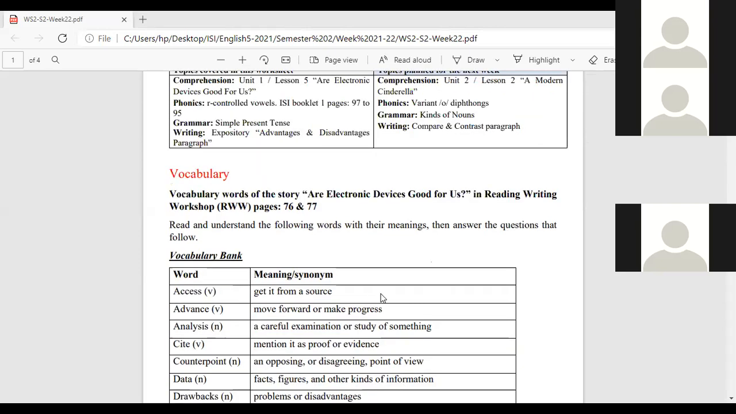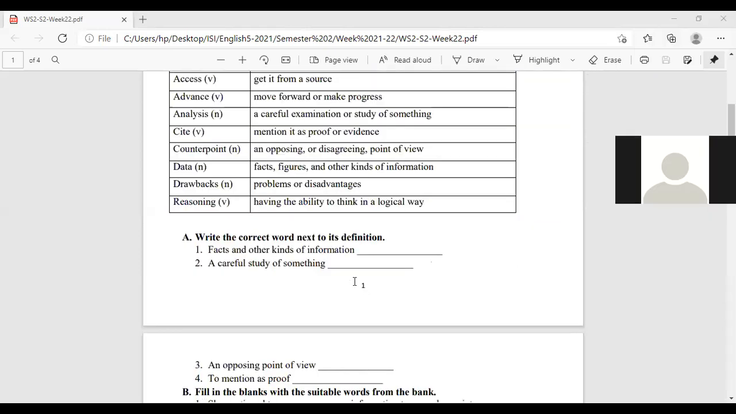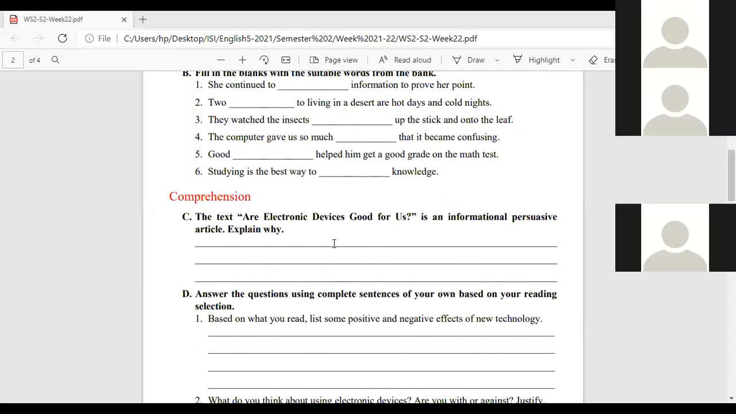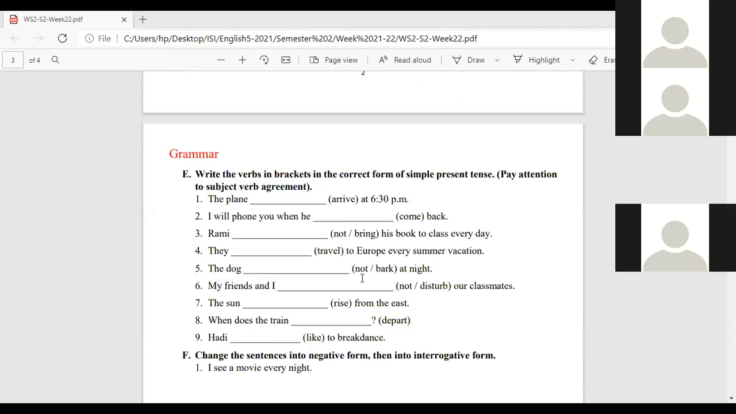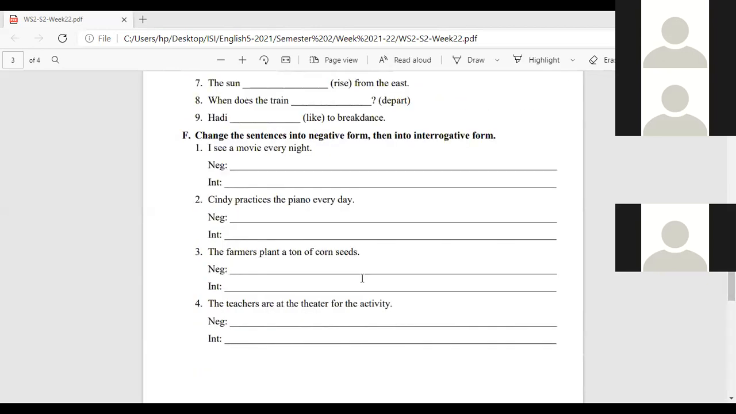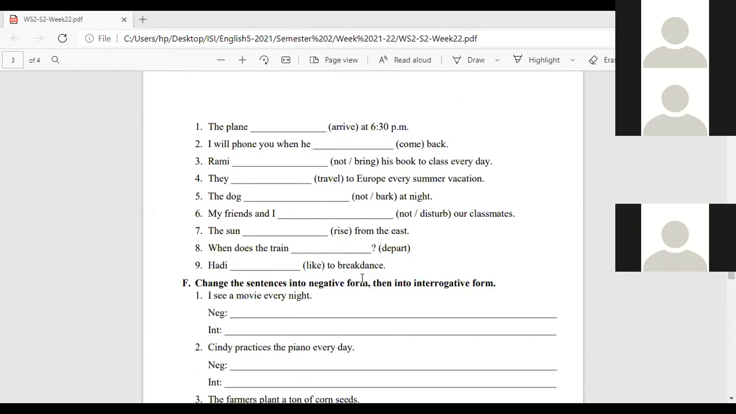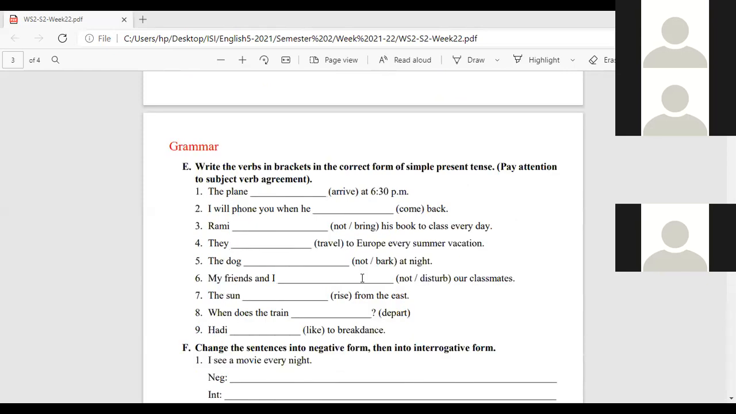Related to your lesson, are electronic devices good for us? There are 3 comprehension questions, 1 related to the genre, 2 related to your lesson. And then you have 2 grammar questions. They are very important, okay? The phonics questions, the phonics lesson that we have covered last week,